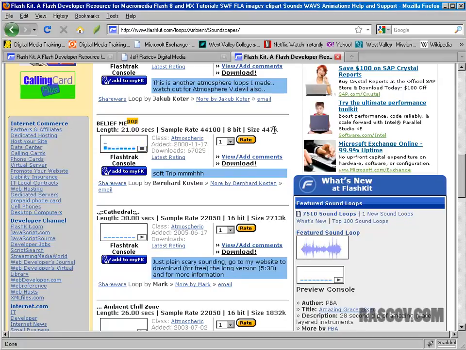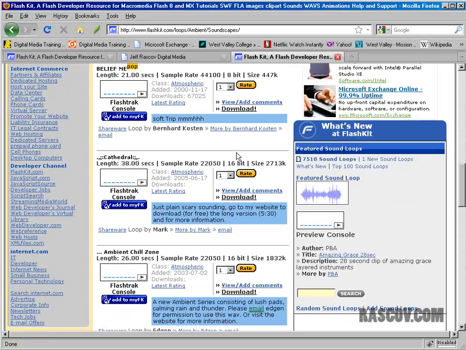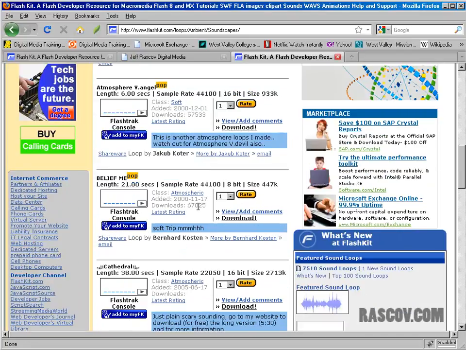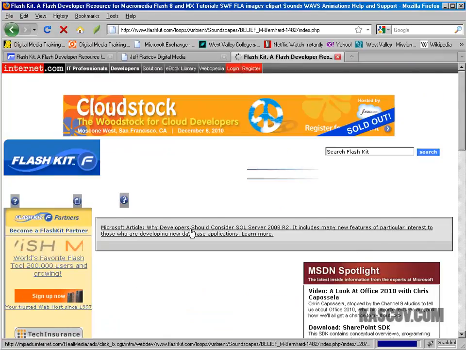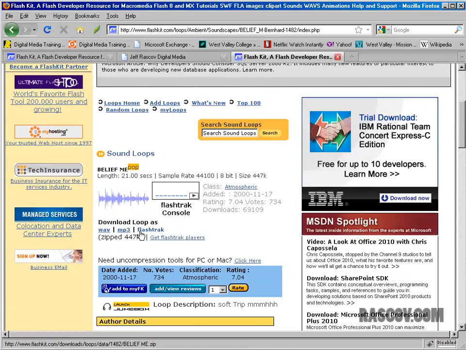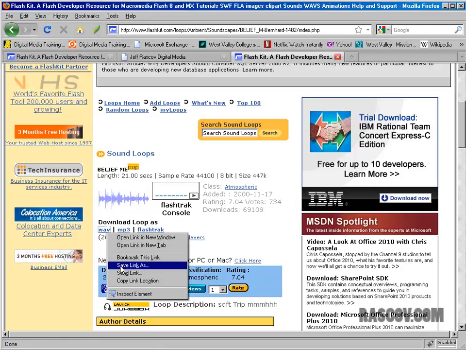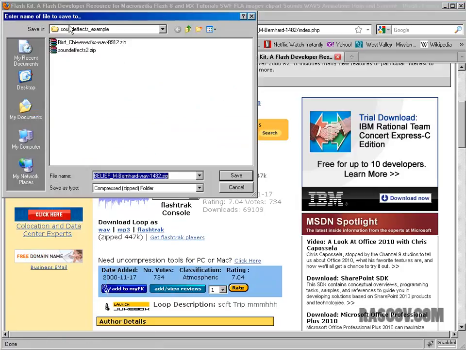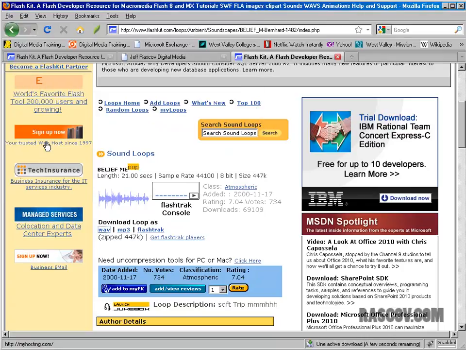As you notice, the quality might not be perfect, but this is CD quality. Sample rate is 44 kilohertz, 8-bit. Well, not CD quality. CD quality would be 44 kilohertz, 16-bit stereo, right? I think we learned that in the first week. But if you like something, you say, oh, this is pretty good, I want to use that. Again, there's a download button right here, and on that download button there's the choice of WAV or MP3. I usually use WAV. Save link as, and then I'm going to put it in a folder that I've been saving my sound files to.